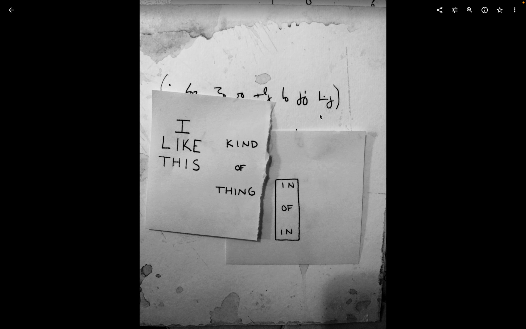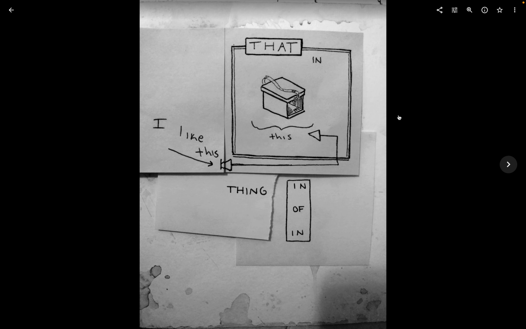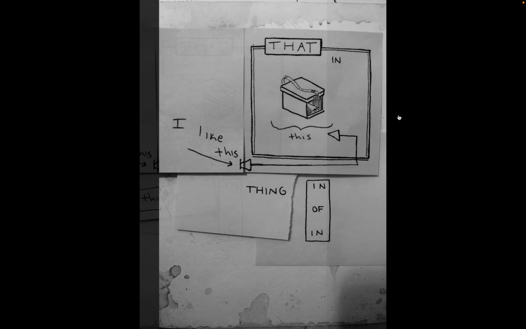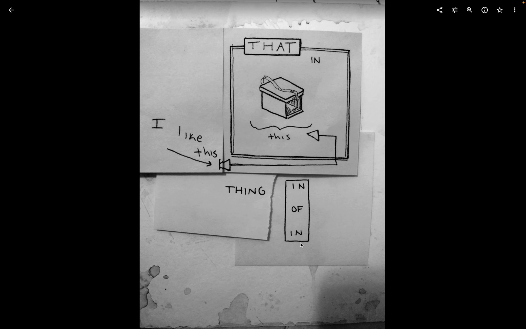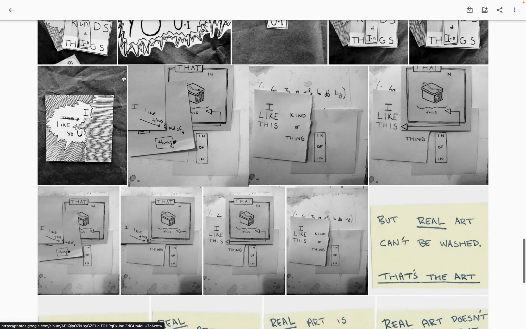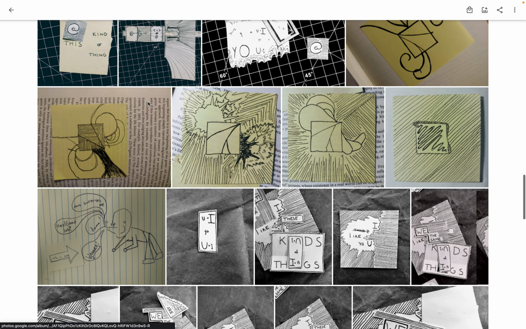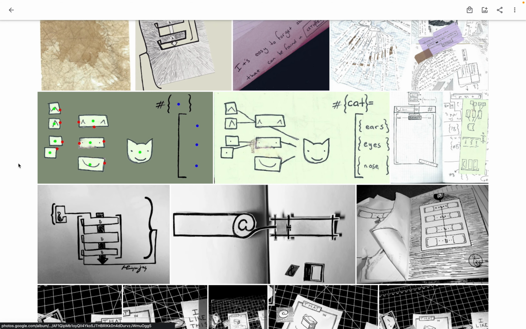A lot of the projects that I was working on at the time, I don't know how else to say this, were based on juxtaposition of different ideas in different spaces. This was using post-it notes, exploring the concept of liking this kind of thing and then exploring just different ways that you can find cohesion in the different shapes. So yeah, juxtaposition I think is going to become a little bit more relevant now because people are going to wonder what different things mean and how you actually relate to them.